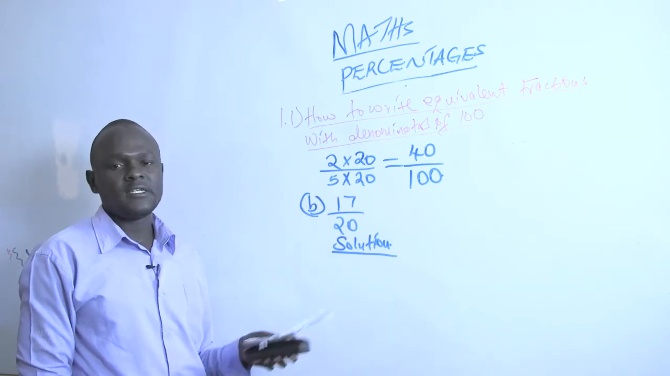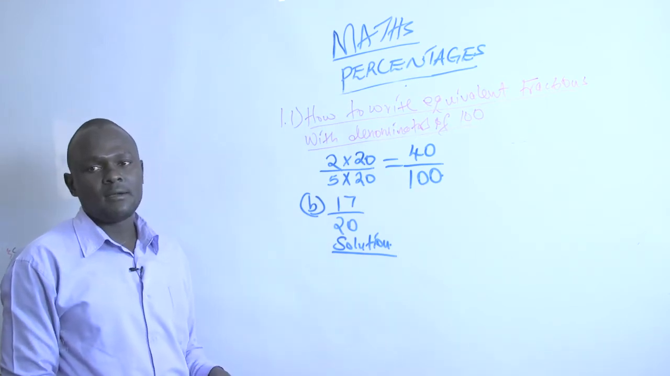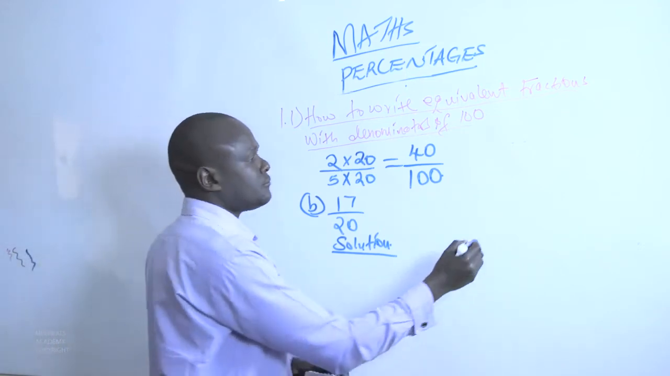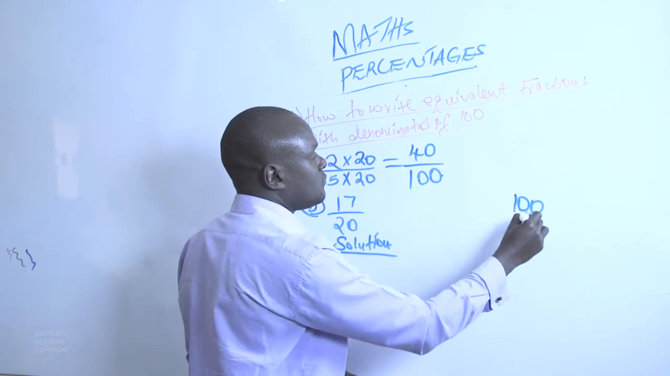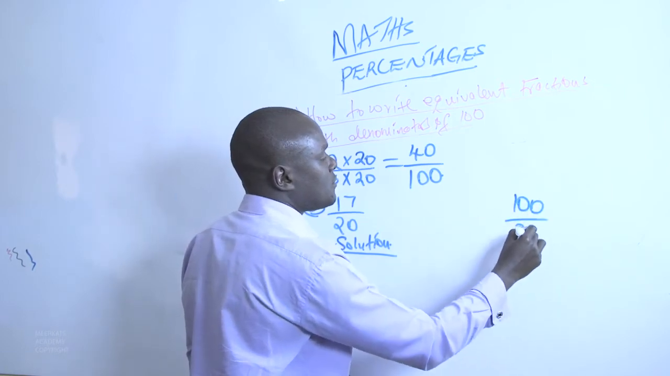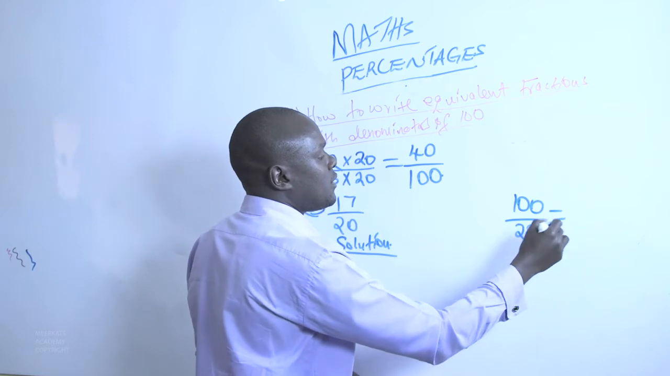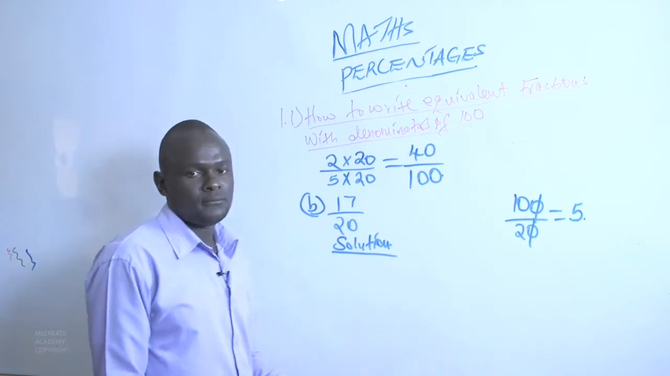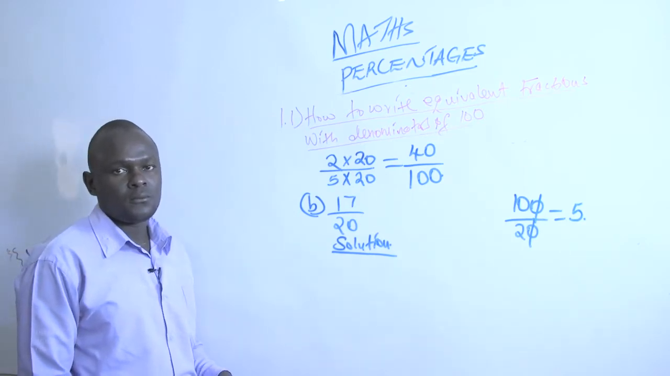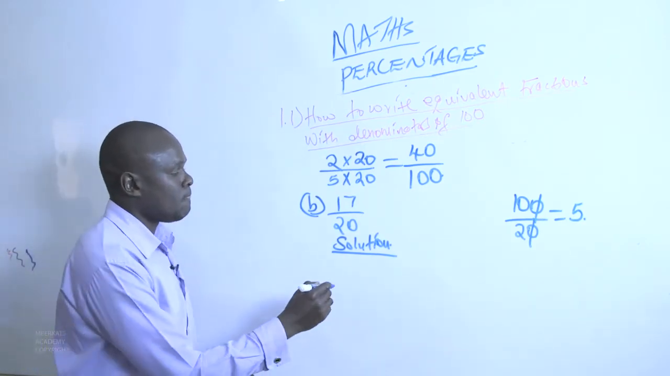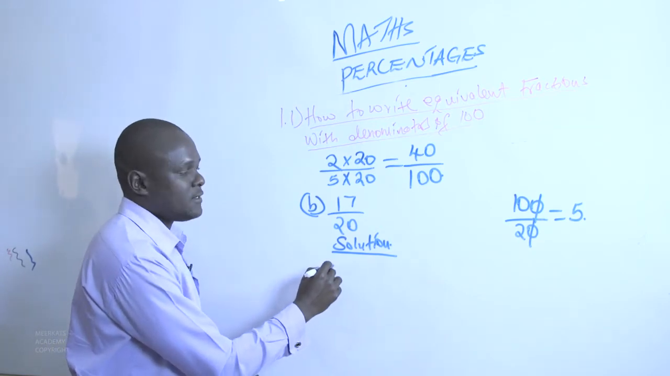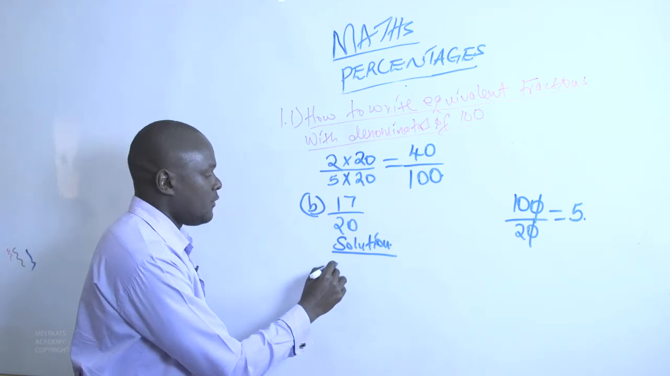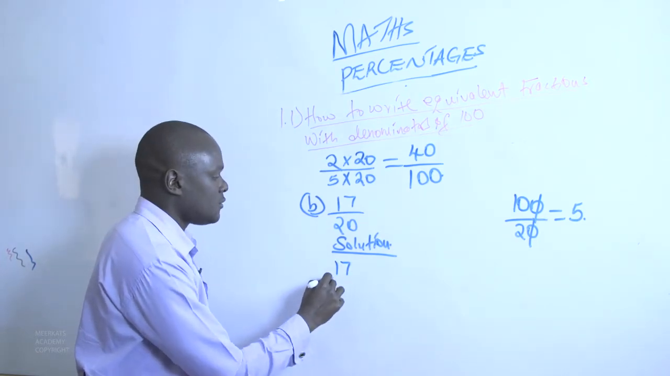Another easy way of getting that particular number, you basically take 100 and you divide by 20. This will give you that number as 5. So that is the first step. So our equivalent fraction will be